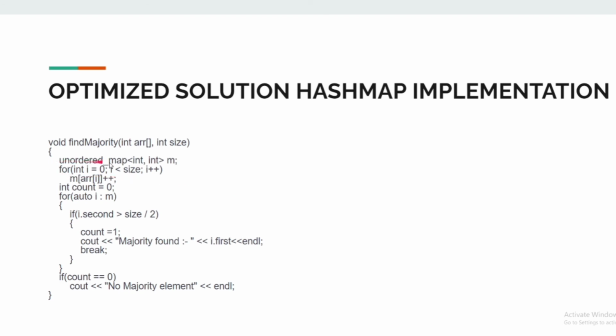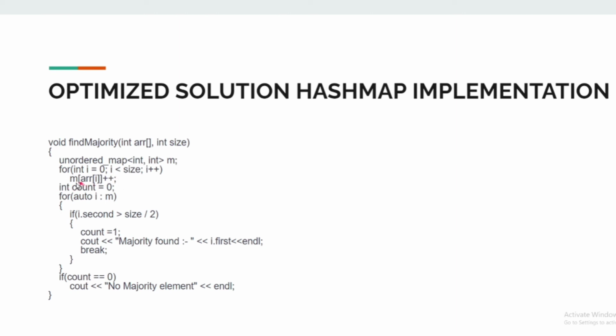First we will create the unordered map of type int and int. So key is int and value is also int. Key stores the element whose value we are checking, and the value stores the number of times it is occurring inside the array. So we start a loop that traverses through the array, and while doing so, it updates the count values of all the elements present in the array. After this loop, we will have the count values of each element in the array.